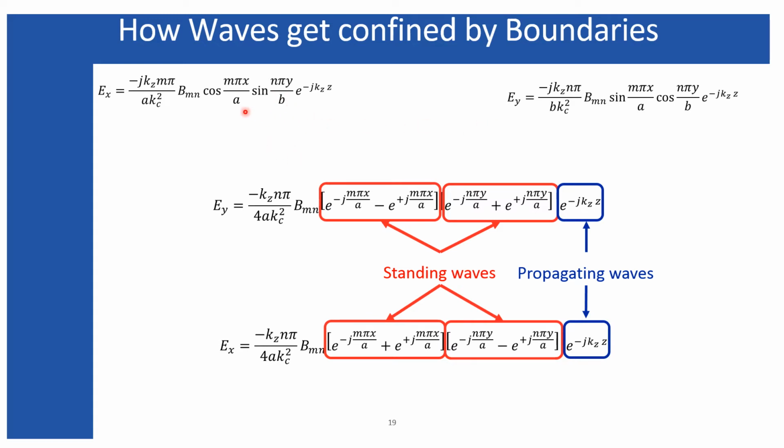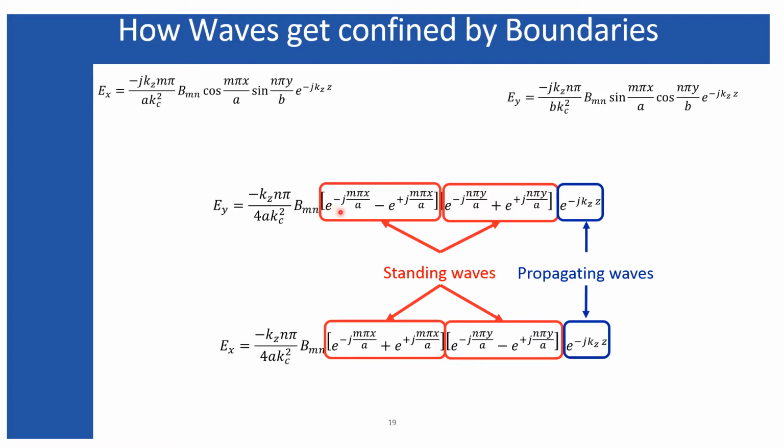Now we can represent this cos and sine by Euler's theorem. That means for the Ey component, we can represent the sine term as the summation of the e to the power j complex exponential terms. Similarly, the cos term can also be represented in this way as shown over here. For Ex, for the cos term and sine term, I have represented them using Euler's theorem also over here. Now, what does this expression represent?